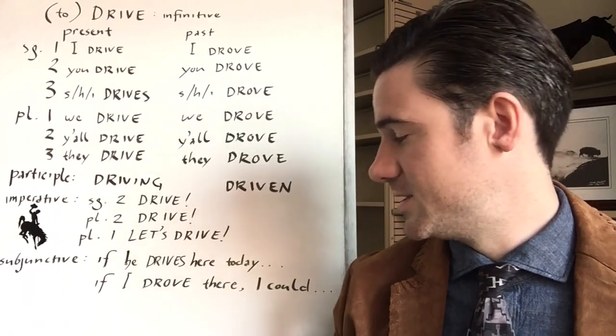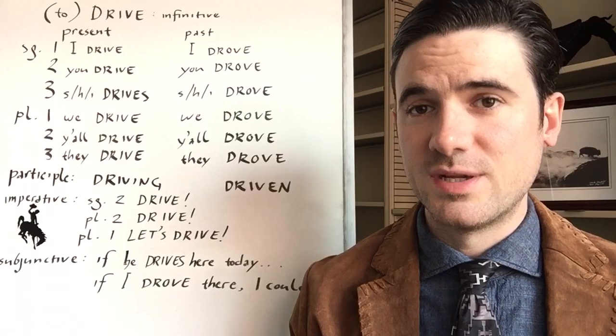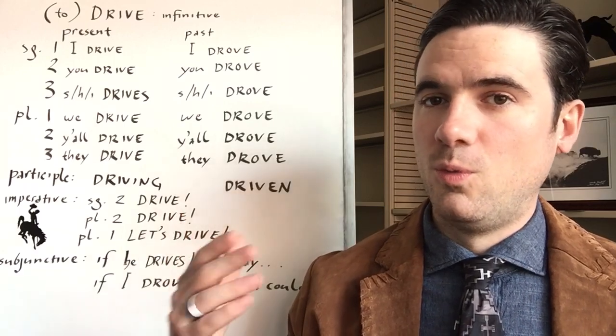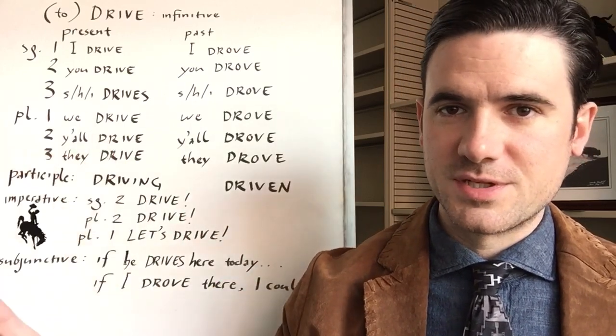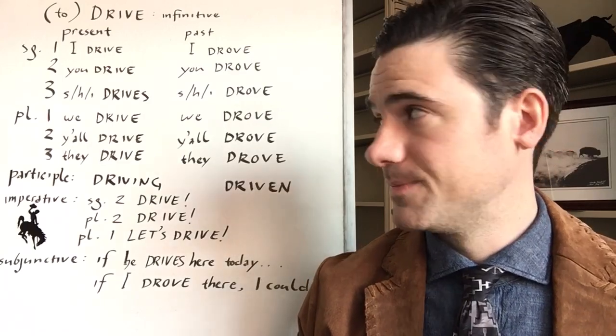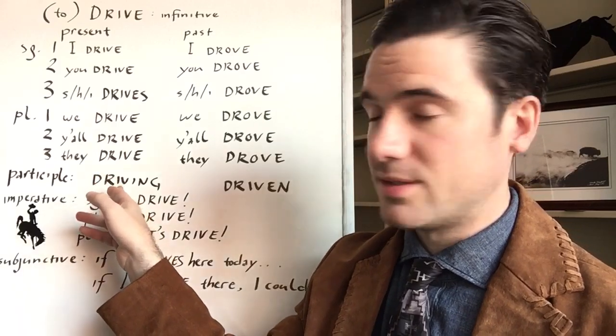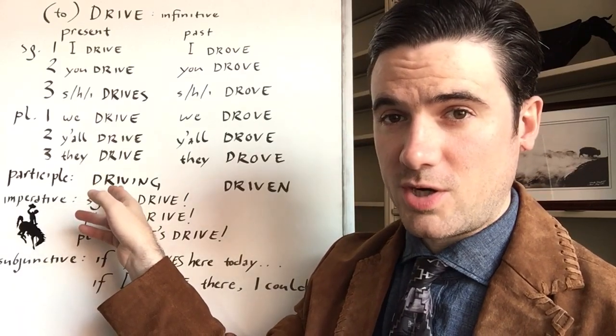And the same thing in the past tense. If I drove there, I could. I haven't driven there. I did not drive there yet. But were I to do so, right, potentially, hypothetically, that's a place where I would use a past subjunctive in Old Norse. Another thing to keep in mind, I mentioned that you should not think of the participle in Old